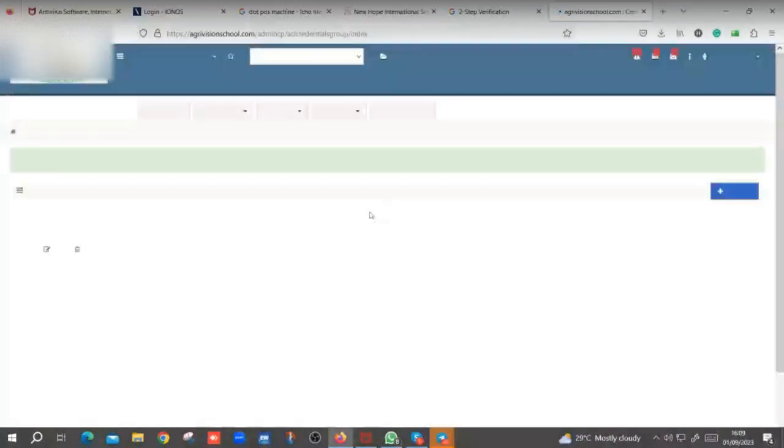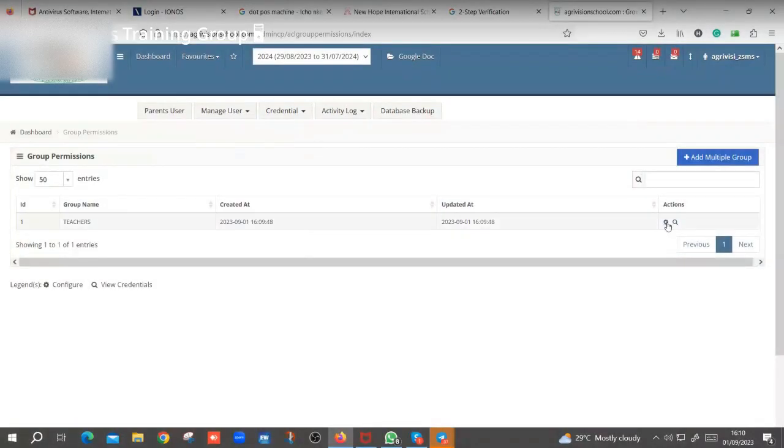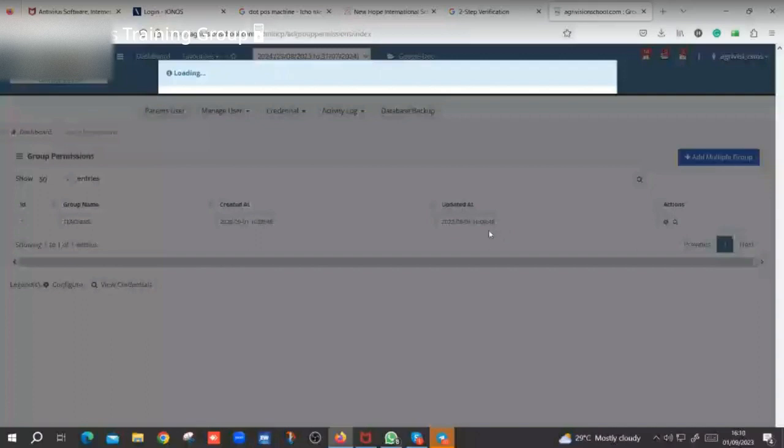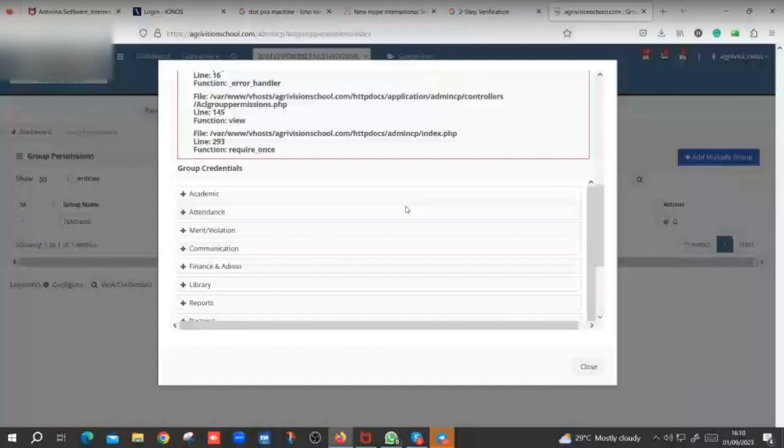Now you assign rights and credentials to this group. What can this group do? Anyone that has been added to this group, what should they have access to? Then you go to admin group credential. Yeah, where you have teachers there, then you can click on edit. Okay, then you can have this academic